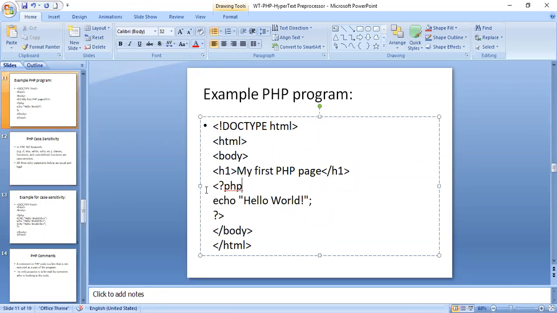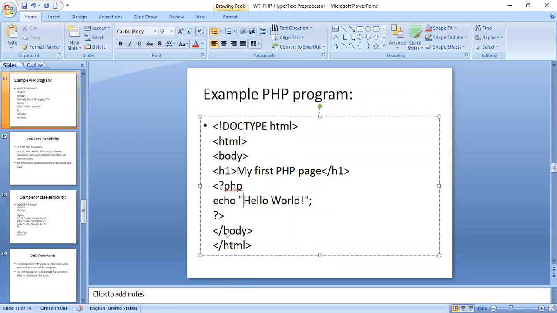This HTML page alone is used to create a static page. Within the static page, if you want to provide some dynamic nature to the web page, you will be using this particular PHP code. You can write anything, not only a single statement, you'll be writing a number of statements. Here you'll be creating certain forms as well. Within the forms, when it is submitted, suppose you have a button and if you submit it, it should be able to go to some other page. This is how you'll be providing dynamism to the particular page. All of that can be written within this set of lines. This is what is called PHP code